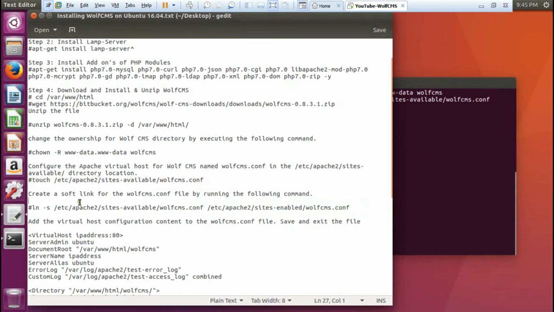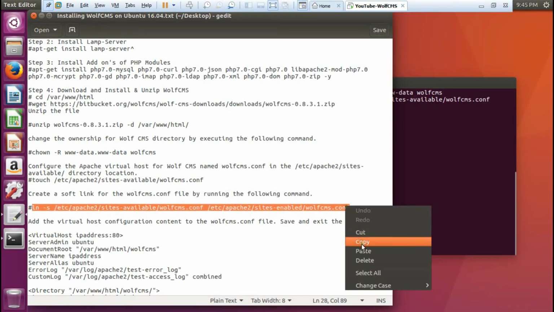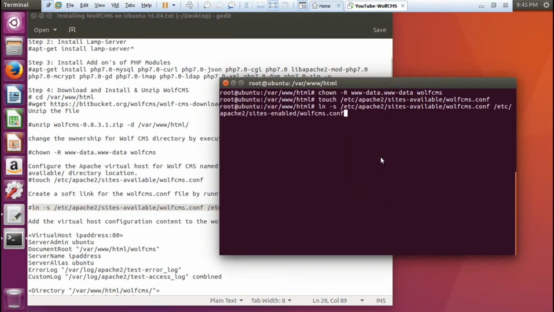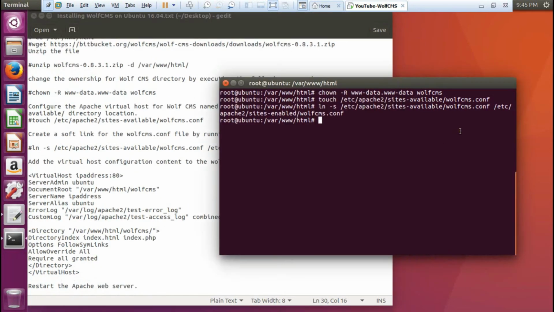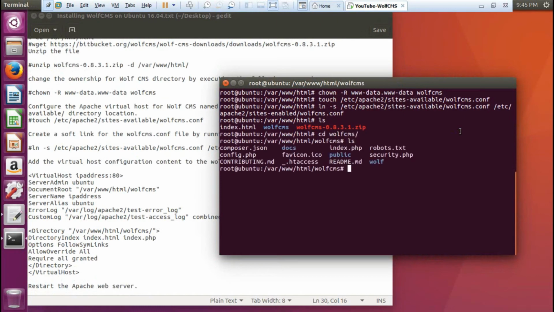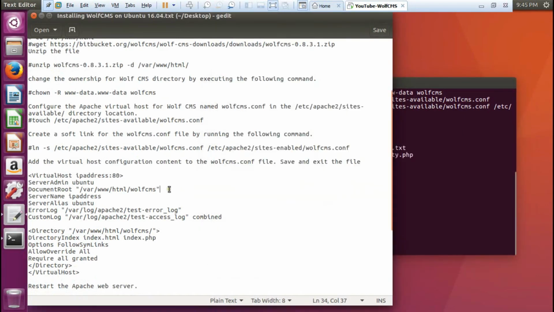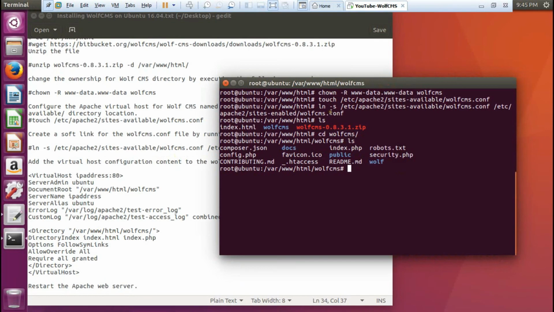So let us create a soft link for wolfcms.conf file with the following command so that we can configure with our Apache system. So let us copy and let us paste it. And now let us add the virtual host by using this command. So if we go with Wolf CMS, and if we go with this command, that is in this file,